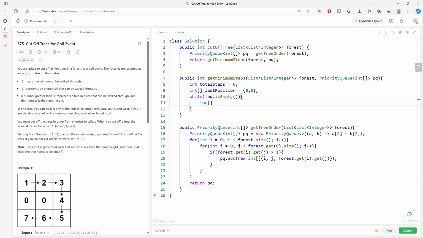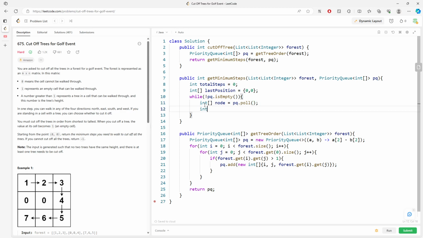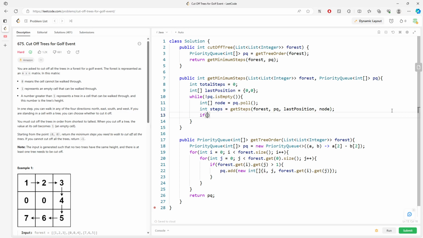So I will say, oh, my current node is going to be PQ.poll. I want to say, oh, step equal to what? Get steps. I will have to traverse the forest. I will have to traverse the PQ. So my last position was this one. I need to traverse to the new position. So it's going to call node. So if the steps